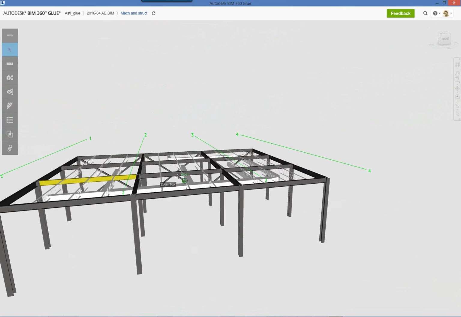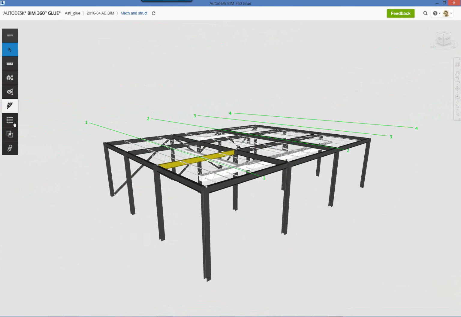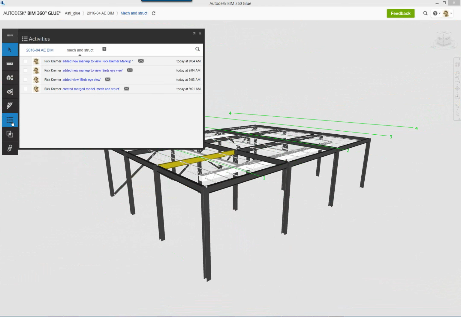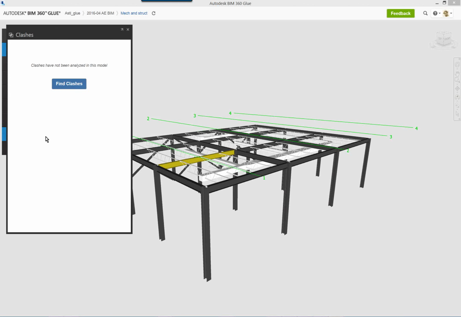Next, let's go ahead and look at collisions. Right over here, we're going to skip over activities at this point, but activities gives us the ability, if I click on this, to find out who has done what. If my other team members had uploaded information, I would see what information they have done and when. Now I'm going to go ahead and click on clashes. The first thing I'm going to do is create a clash detection report. I'm going to click on Find Clashes,